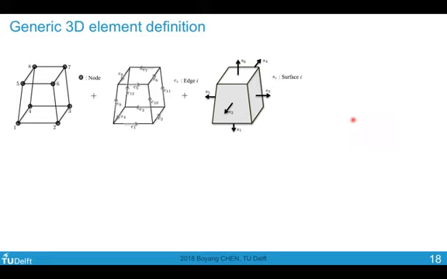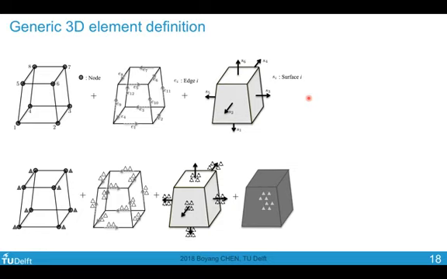Here we would then include in the definition of an element nodes, edges, and also surfaces. These surfaces would also have orientation. For instance, you can design orientation in the usual convention with outward normal. And then we can allocate degrees of freedom on all these geometric entities. So you would have nodal degrees of freedom, edge degrees of freedom, surface degrees of freedom, and volumic degrees of freedom.